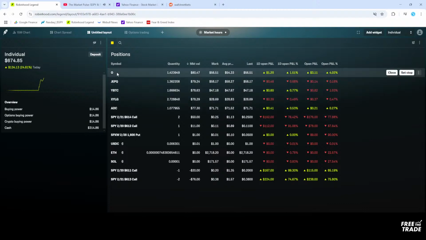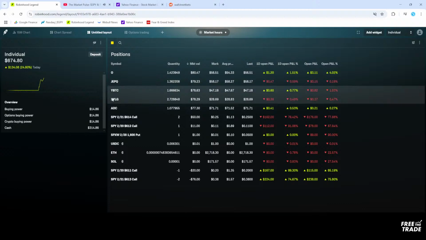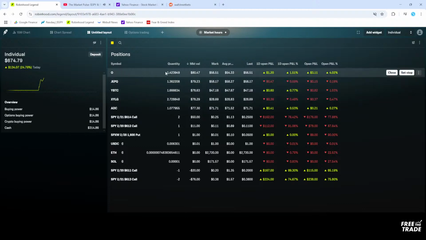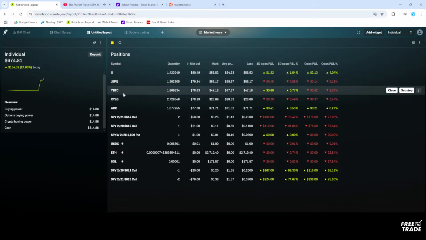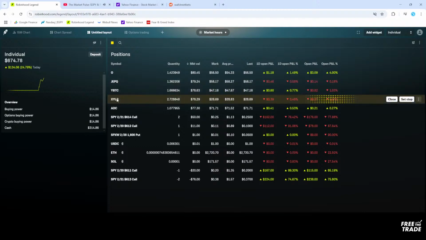These two are real estate, where basically they pay me a monthly dividend. And then JEPQ, that's another dividend stock. YBTC is like SPY, but it's a Bitcoin covered call strategy. And then XYLG is SPY, covered call strategy. And so what's happening is,